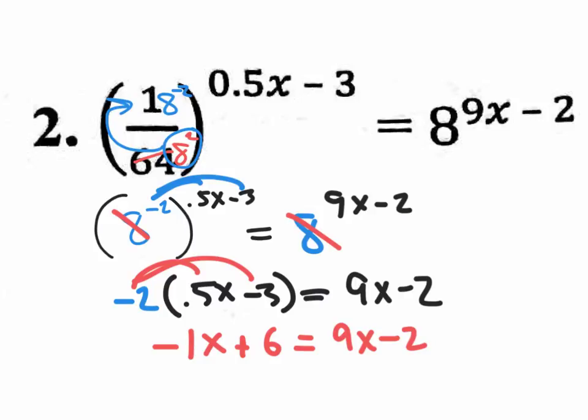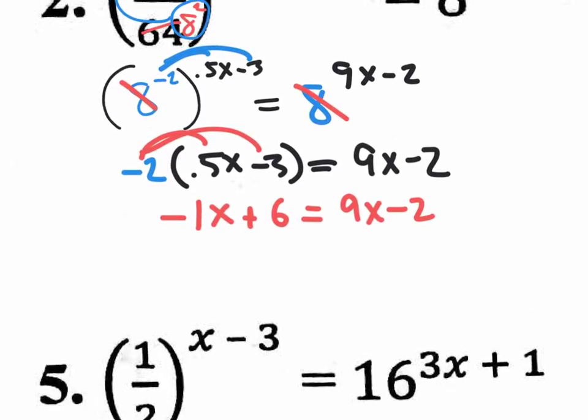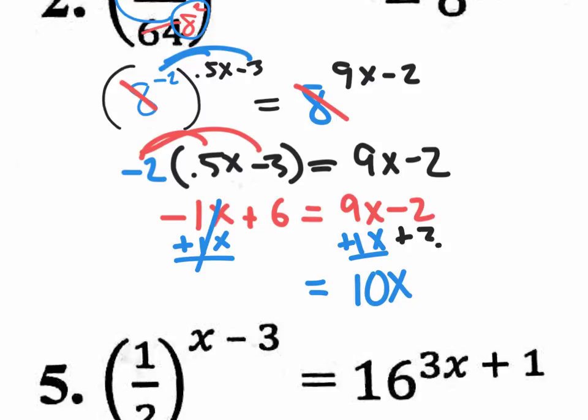And continuing to solve, let me move the x's to one side and the numbers to the other. I'm going to move the negative 1x by adding 1x. So on the right side, I'll get 10x. And I'm also going to do 2 steps in one here. I'm going to move the 2 over by adding 2 and adding 2. And I get 8 on this side. So I have 8 equals 10x. I need to get x by itself. I'm going to divide by 10 and divide by 10, which means that my final answer, reduced, will be